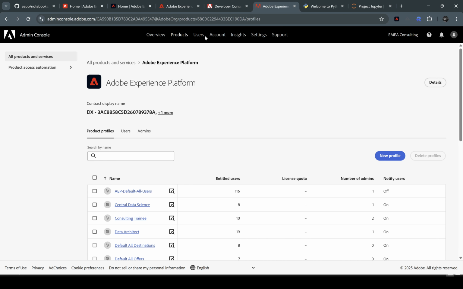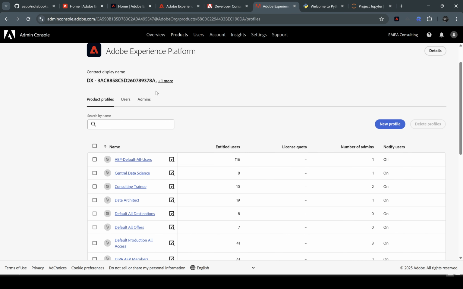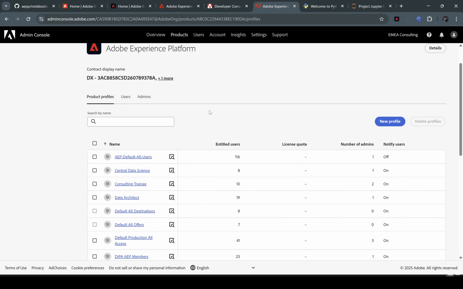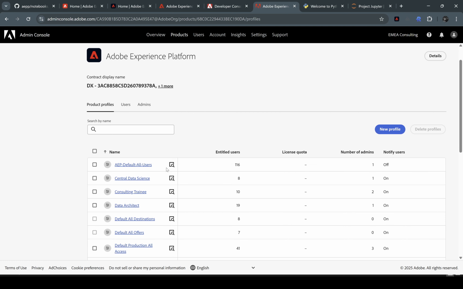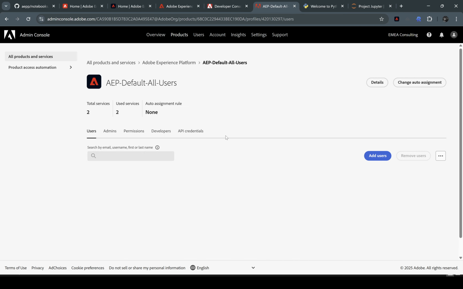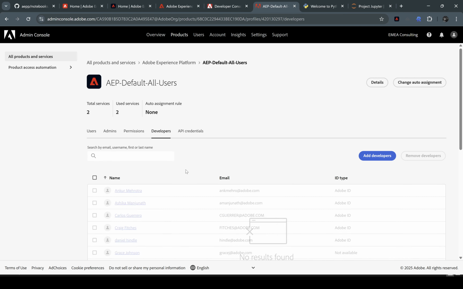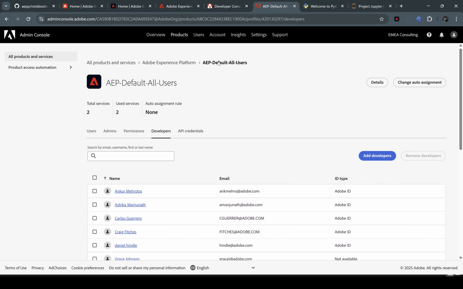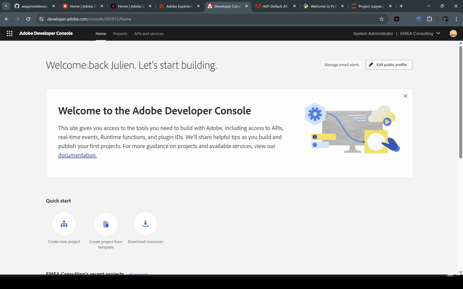The first thing you need is to get access to Adobe Experience Platform and get some developer access elements. Normally there is a default all users group, which is where you put all of the users, and here you can get developer access in that case. Make sure you have access to this default all users group and the developer access, then you will be able to go to